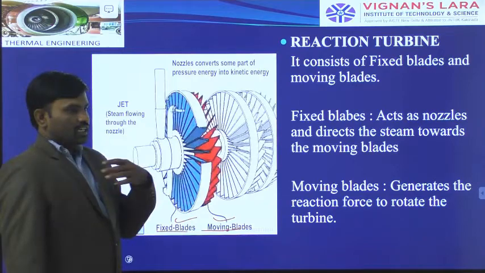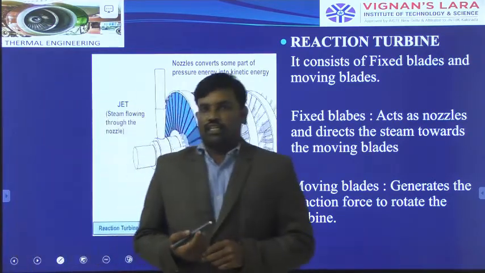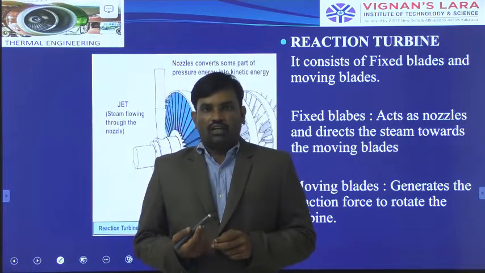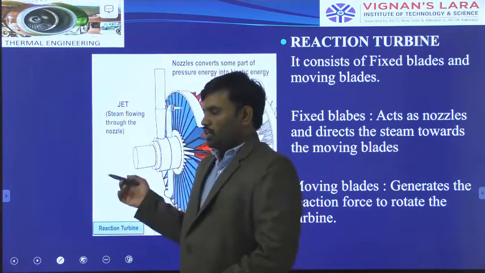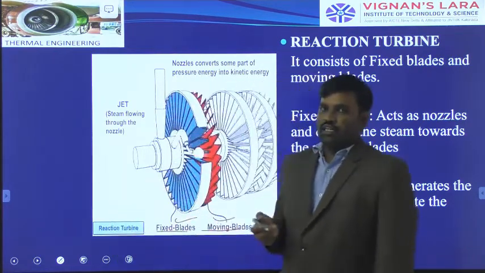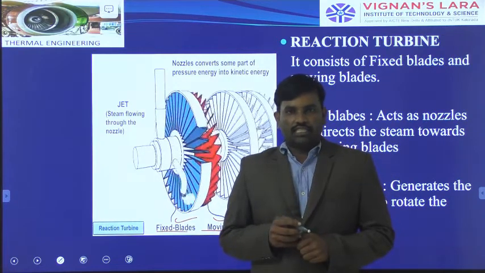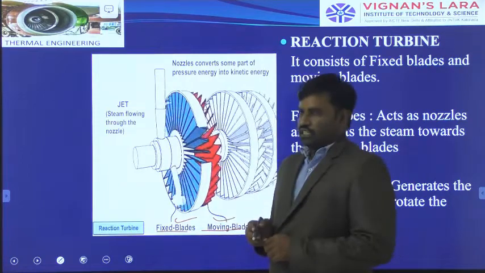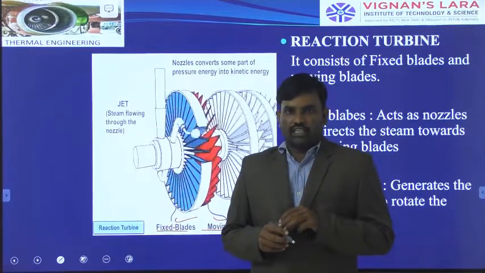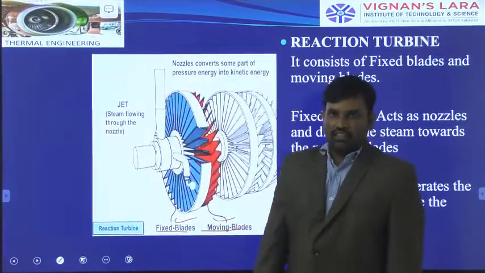In the next class we will see how much velocity we are generating based on the inlet available pressure of steam. We will see some more derivations on the exit velocity of the steam from the nozzle, at the throat section, at the diverging section, and at the converging section. If we use three different cross sectional nozzles, at those three different cross sections we are expecting three different velocities. Okay, thank you.